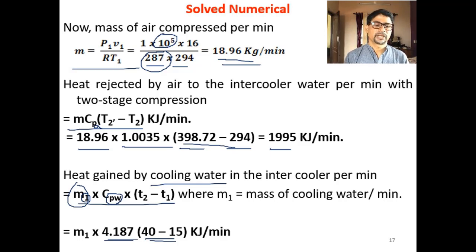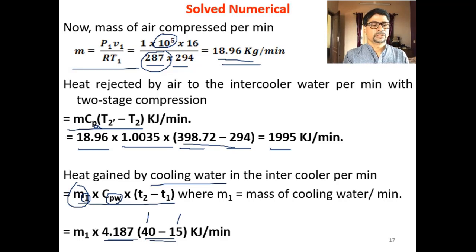Then you can write capital T2 minus T1, but it's not required. You can write small t2 minus small t1 and directly substitute in Celsius itself, because the difference in temperature in Kelvin or Celsius is the same. Adding 273 to this and 273 to this and then subtracting doesn't make any difference. It gives the same answer. 40 minus 15 is 25, and there also it gives 25. I think all of you know this.